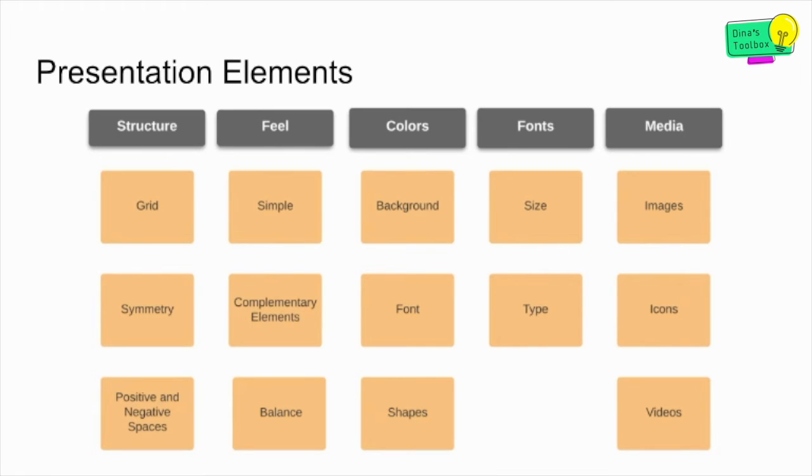There are some basic presentation elements that you need to think about as you're designing your project or your presentation. You should think of the structure, which means what does it look like? Is it following a certain grid? Are the elements symmetrical? The feel, is it simple or is it too complicated? Are the elements on the slide complementing one another? Are they fighting? Is there an overall harmony and balance and I'm able to see and understand all the content